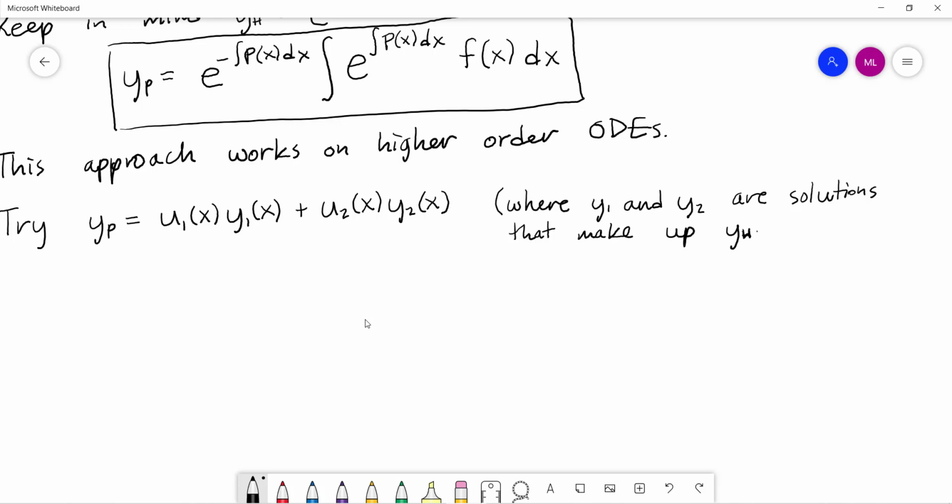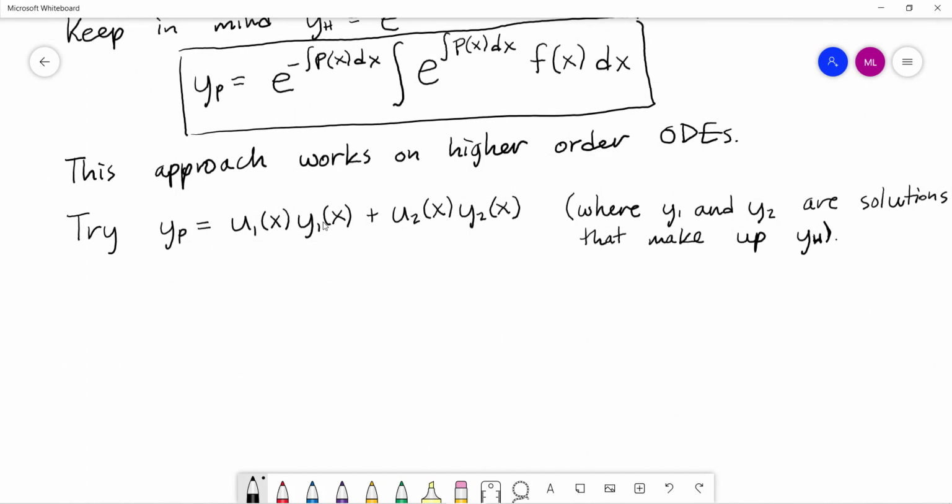We can write this, y homogeneous. Right, so basically the homogeneous solution is always c1y1 plus c2y2. We're using the same idea now, saying, okay, y1 and y2 are the parts that make up the homogeneous solution. Maybe the particular solution is just some other function times each of those individually. So that's all we're doing. If this is the case,